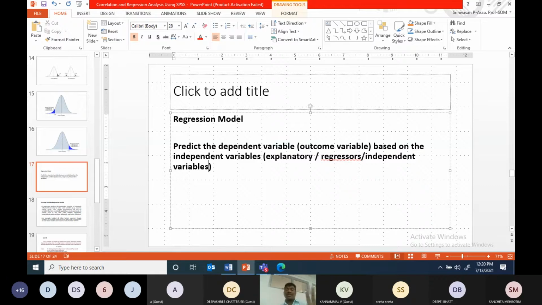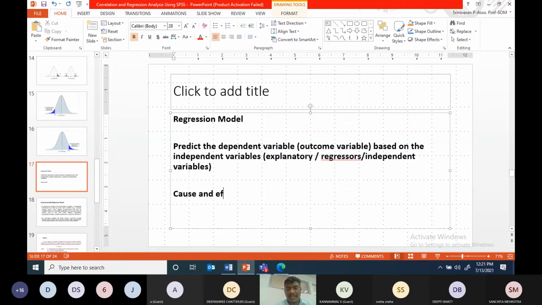Fine. So, the regression model. Why are we going for regression? First, as madam said, to predict the dependent variable based on the independent variable. Number one. Second, any other? Don't say to find out the relationship between the variables, because that is for correlation. If you want to find out the relation, correlation is sufficient, right? Why are we coming to the regression model? The second one, any idea?